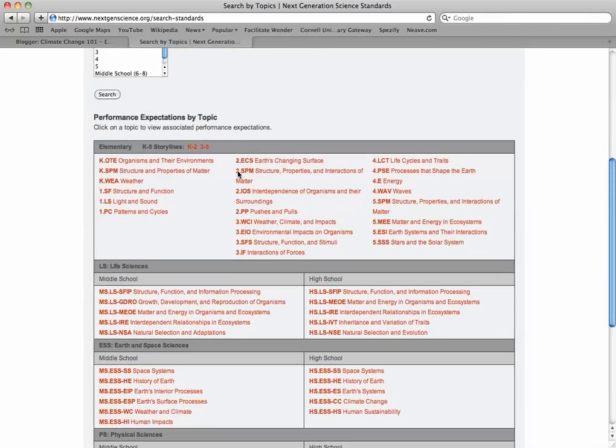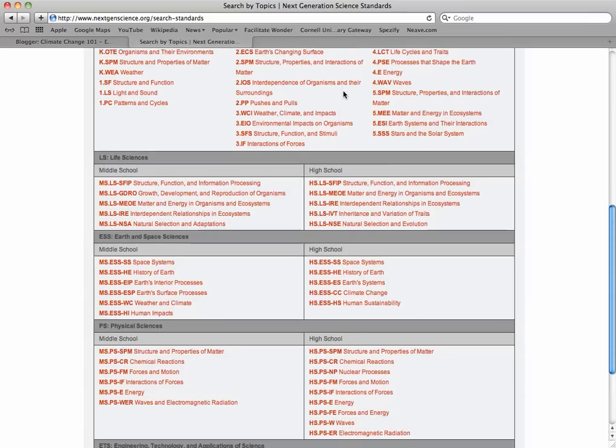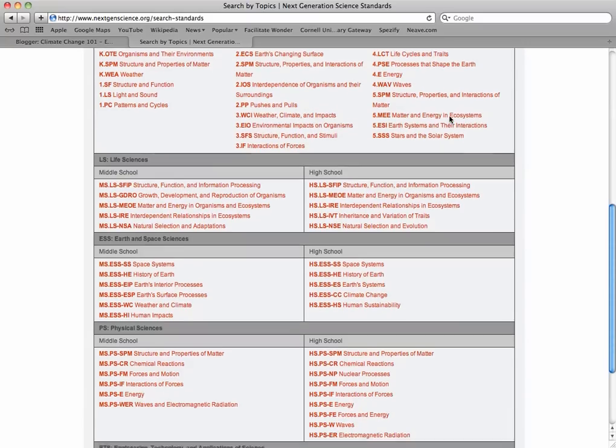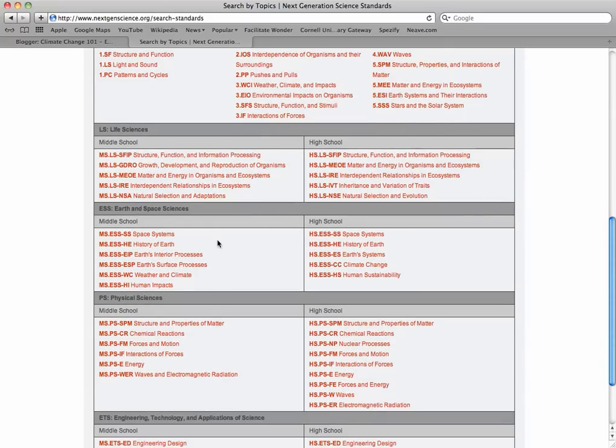and you can also search by discipline, but you can also see all of the performance expectations by topic that are in the current draft. There are also storylines for elementary that are PDFs that you can download that tell something about how these would play out at K-2 and 3-5. Looking at a specific